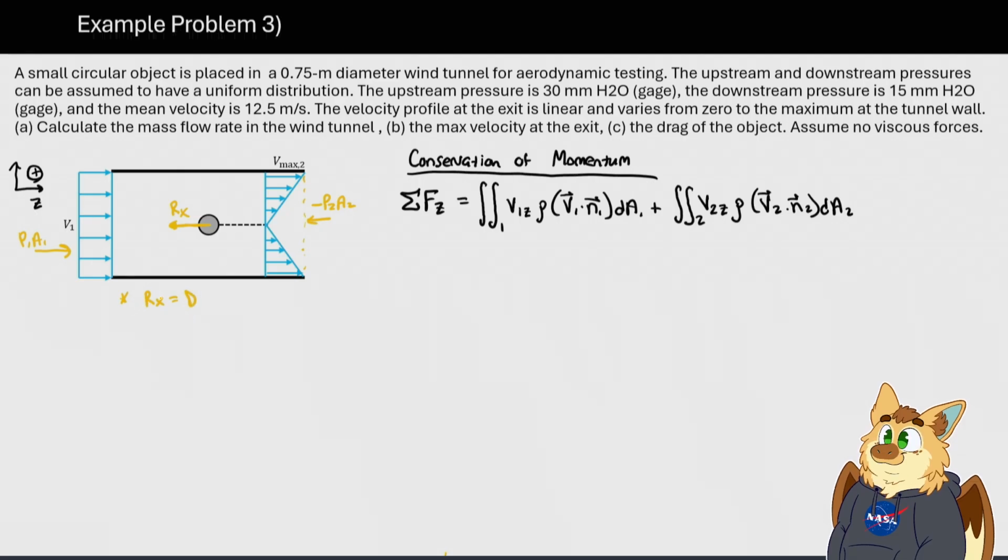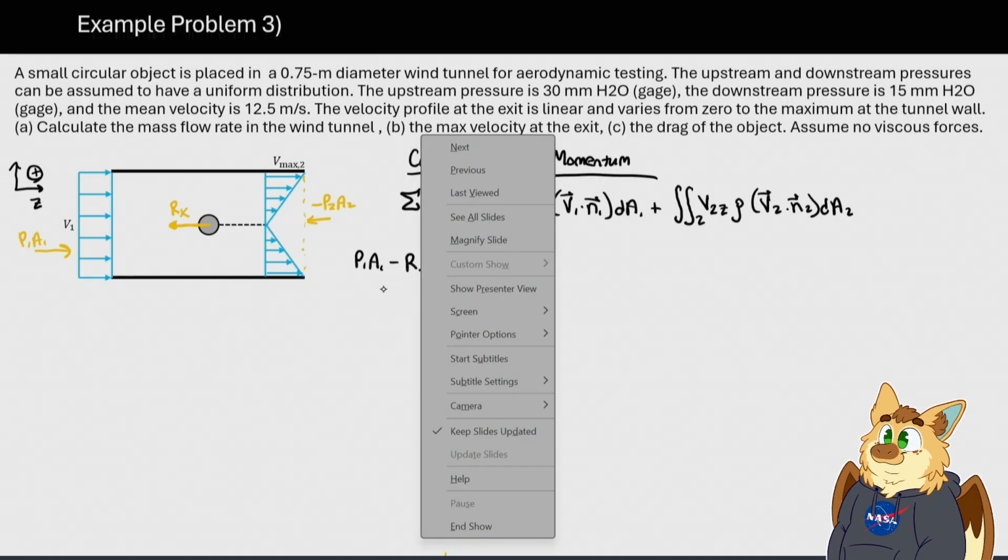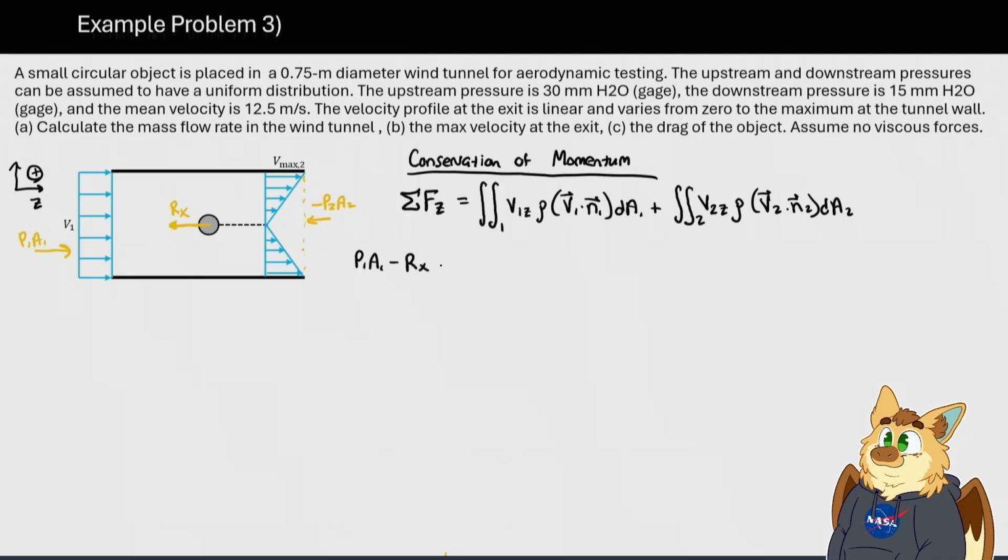Yeah, something like that. But drag's going to be acting in the opposite direction. All right, let's write this out. So we have P1A1 minus Rx minus P2A2 equals,